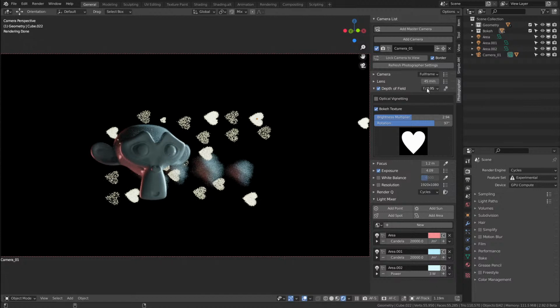One thing that you need to remember, and it's written in the tooltip here, if I can put my mouse on it, yeah: computational heavy feature. Expect longer render times. Bokeh is expensive. If you use a bokeh texture, it's going to be also more expensive. It's going through a transparent plane. So if you have transparency depth,